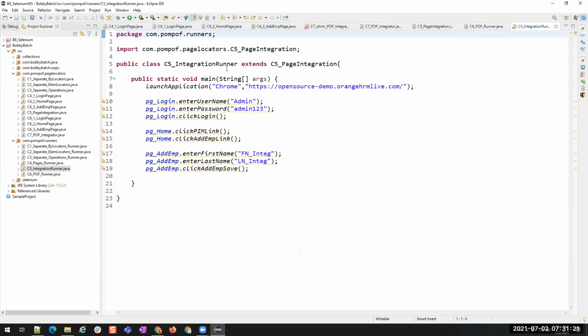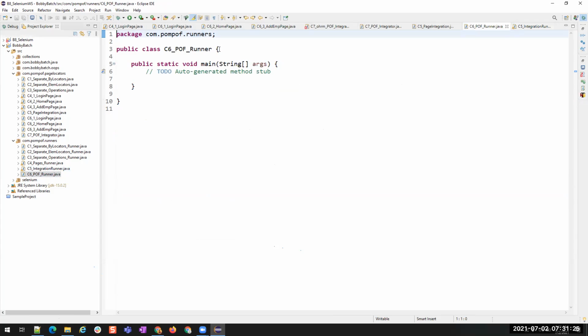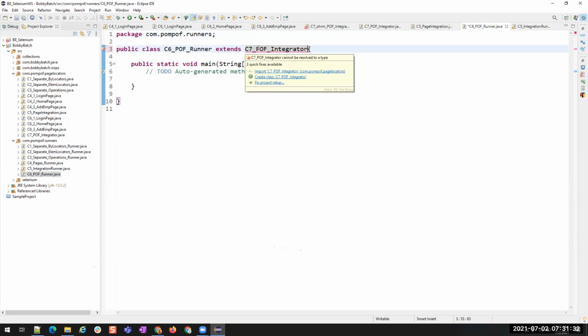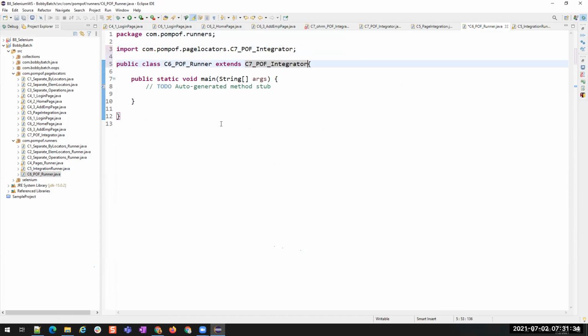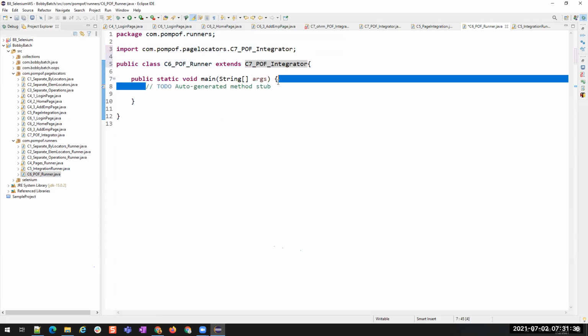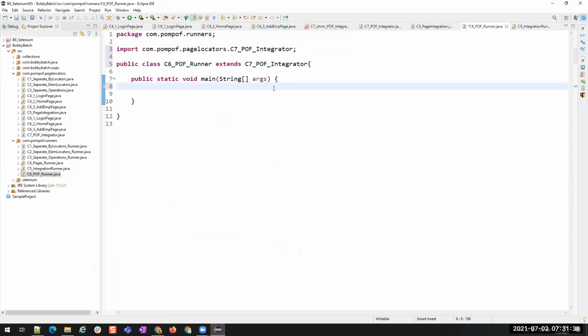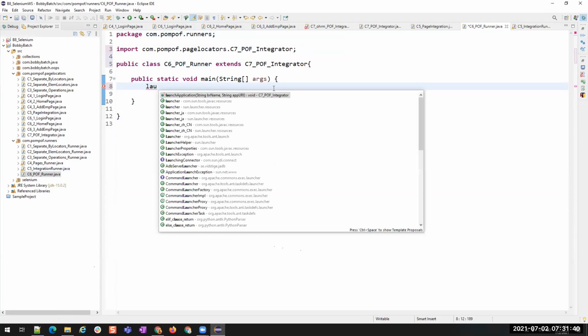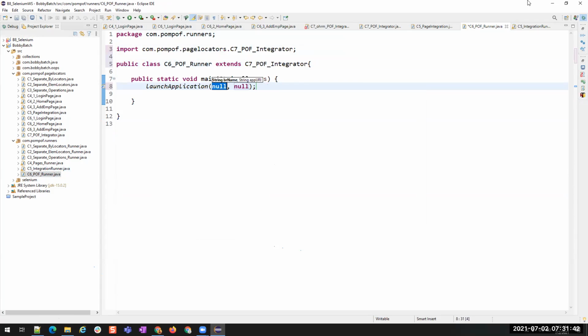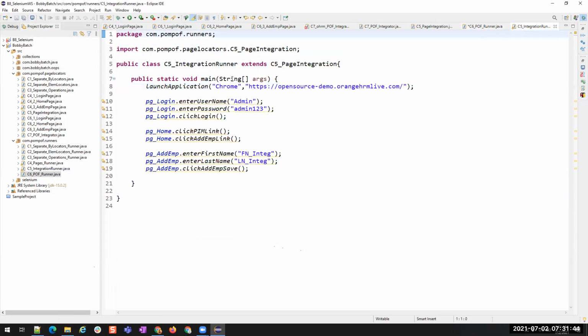Similarly, we used page integration extender. Here also we are using the same, but now we are extending the POF integrator. All right, now we have it. So what we'll do? Launch application. We will pass the URL. Where is that? This one.